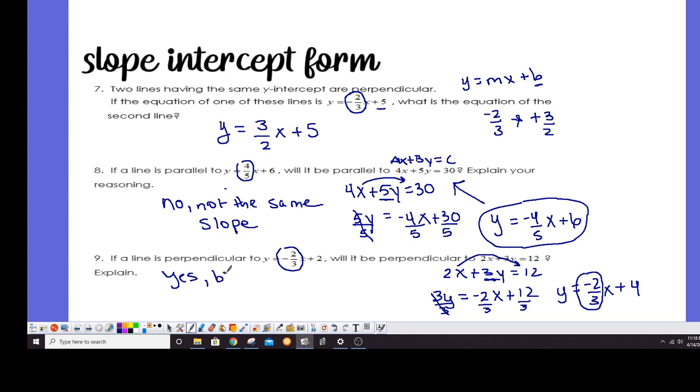Because the line has the same slope. So if another line is perpendicular to this one, then that other line we were talking about will be perpendicular to this one because these share the same slope. So that means the other line that they're talking about would have a slope of positive 3 over 2. Okay, one more thing we need to